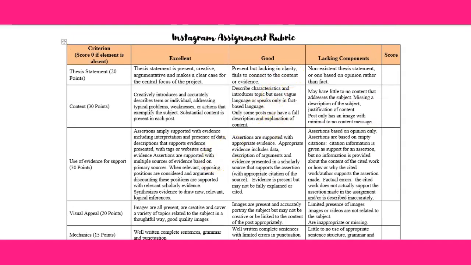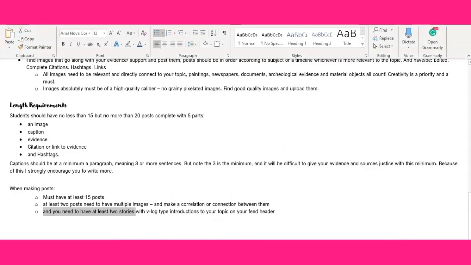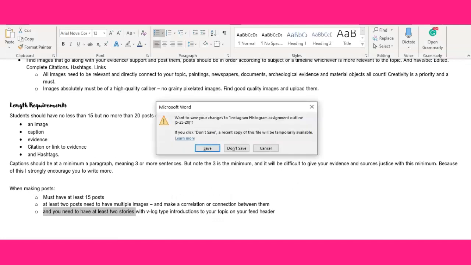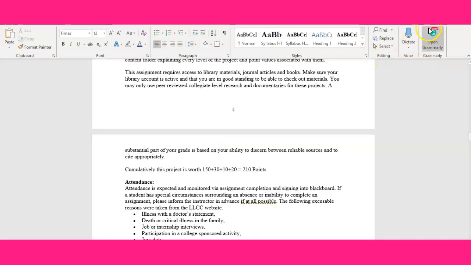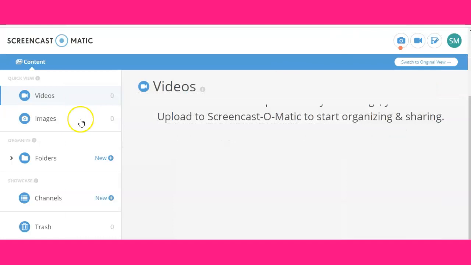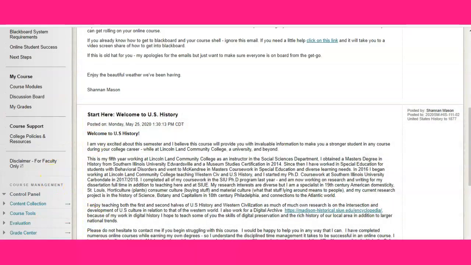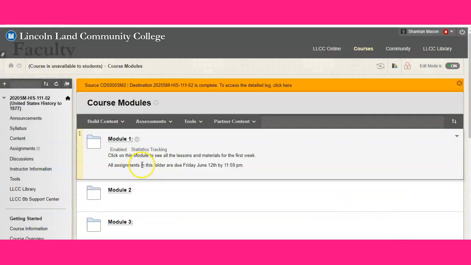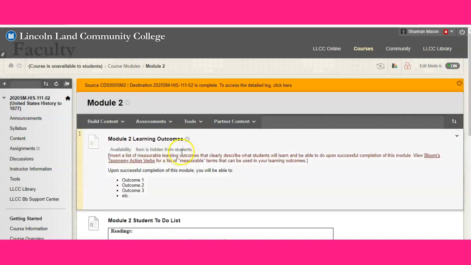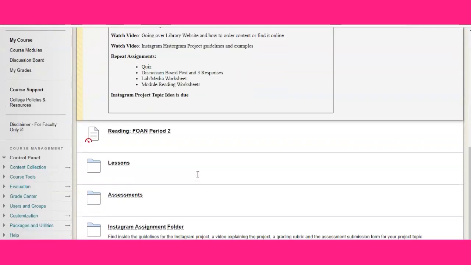So I also like to take you guys to the main page of our project, all right? So I'm going to show you guys what the main page of the project looks like, all right? So if we go into our discussion board, so when we're inside of Blackboard, go into your course modules folder, all right? And inside of module 2, you will find all of the information for your Instagram assignment,